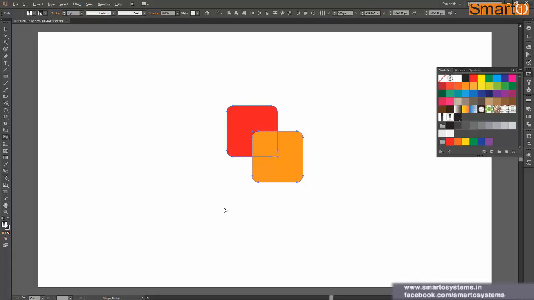But before that, we should go ahead and see how addition or union or a merge operation works with the shape builder tool. Feel free to call it anything. I would like to say addition because that makes more sense to me rather than calling it merge or unite or anything. So I'm going to go ahead and call it addition. Okay, so here we have our two shapes, and now let's see.